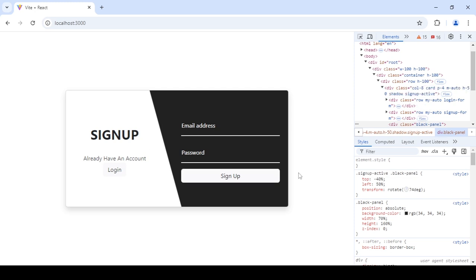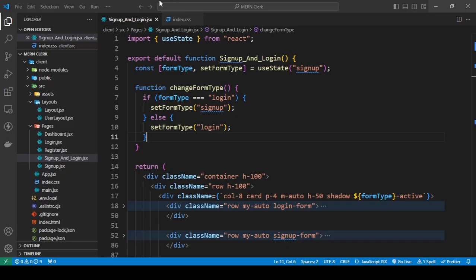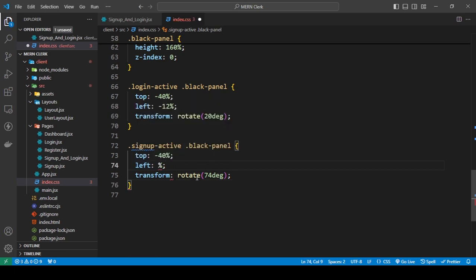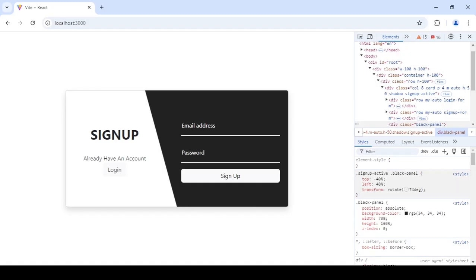Actually, we should push this a little bit more out. So let's push this out a little bit. Okay, this looks good. 48. Okay, so let's go in this and let's add 48. Okay, so this looks good,